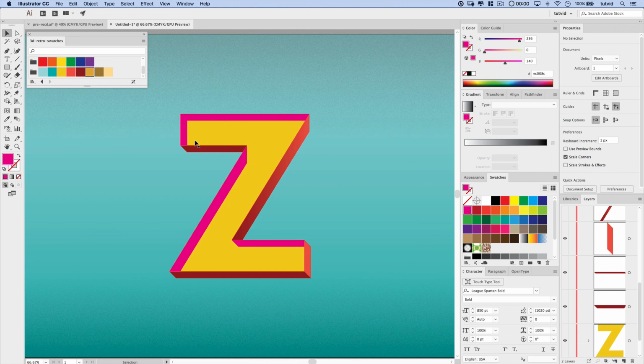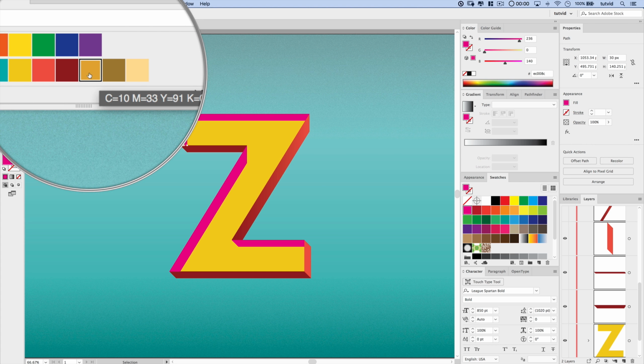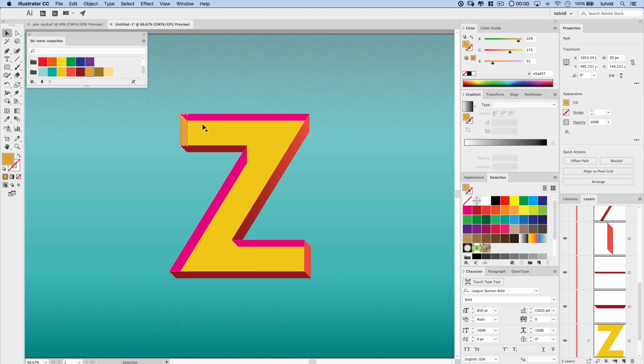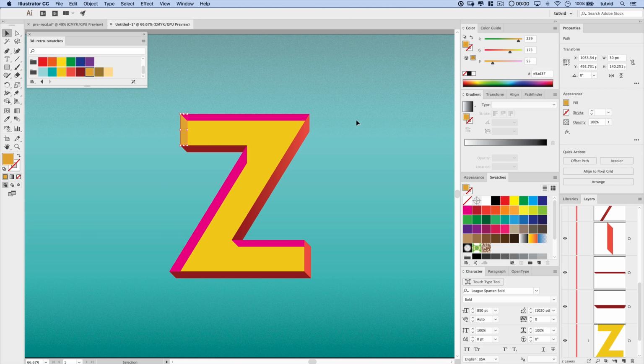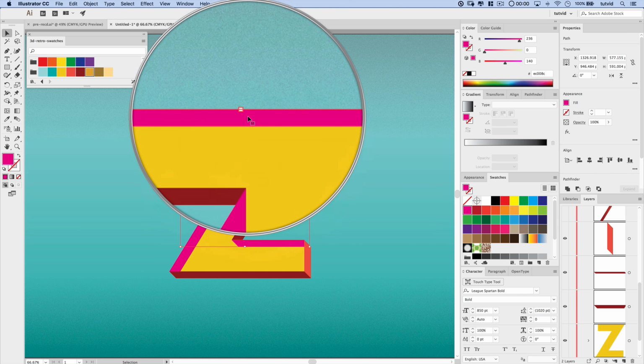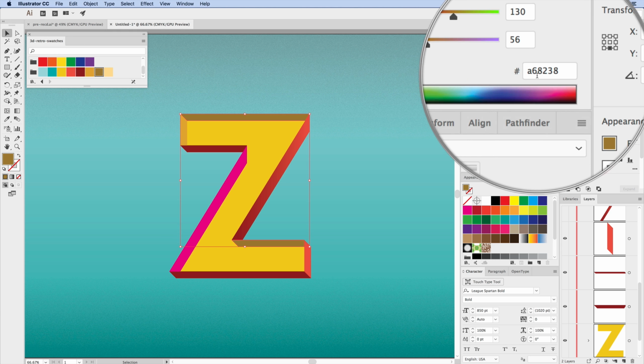So with these inner walls, we can now take the side wall, and this is going to be the lighter sort of mustard yellow color. So I'll just select that to fill that. By the way, the hex code is E5AD37. I'll select the top, hold down Shift, and I'll select the other horizontal, so the two horizontal faces. These are going to be that darker mustard color, so I'll just click on that, and the hex for that is